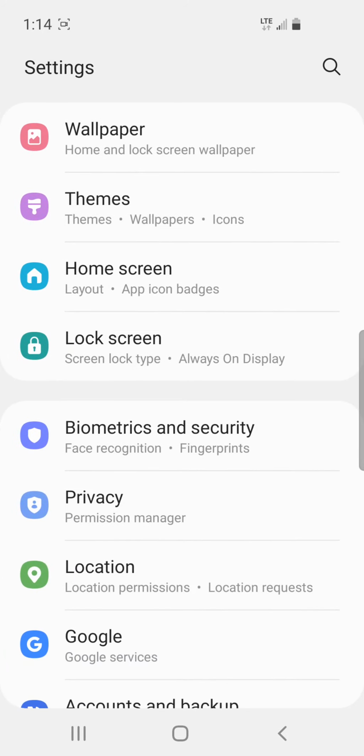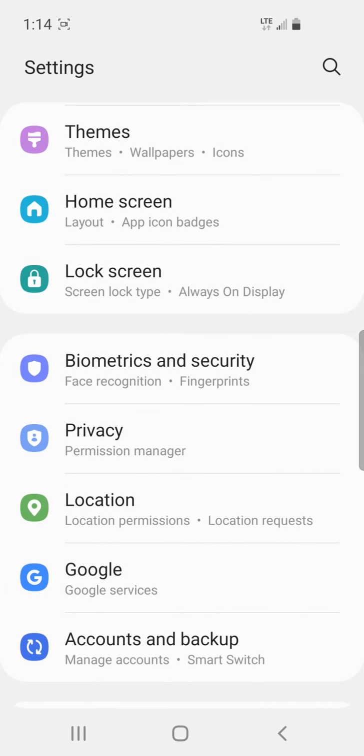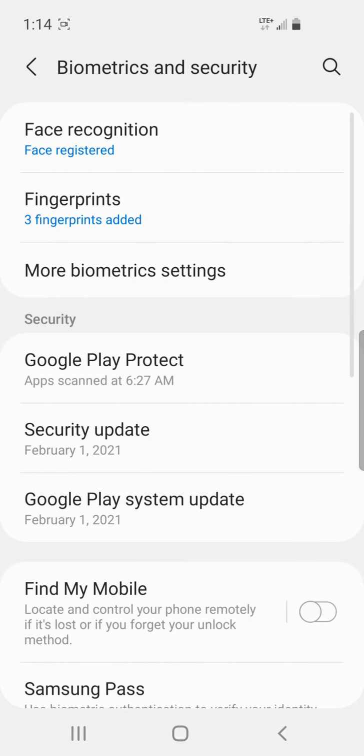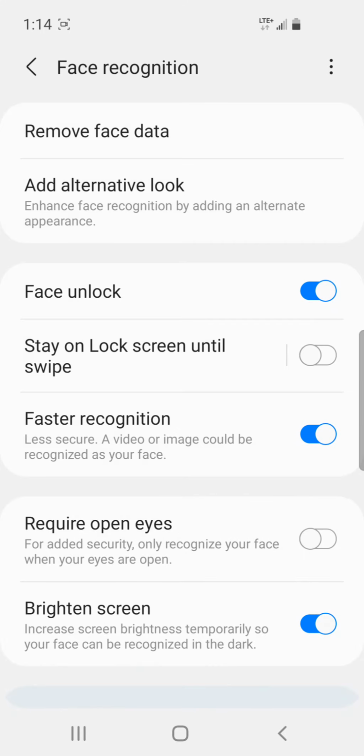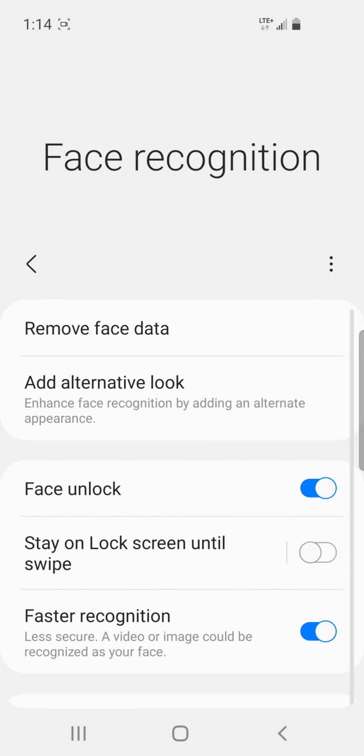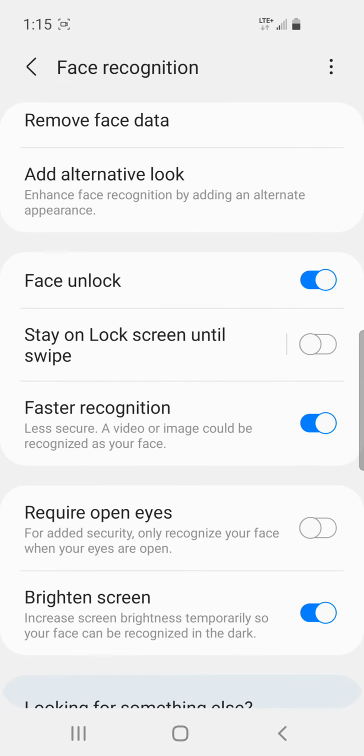If you don't already have facial recognition set up, what we're going to do is go down to biometrics and security. And we're going to go right at the top here to face recognition. You're going to enter your PIN. And then what we're going to do here is scroll down to face unlock, and make sure that that's enabled. Once we do that, we're going to go back,